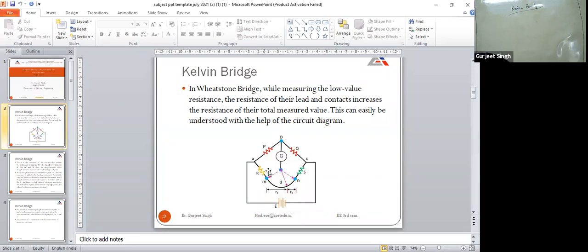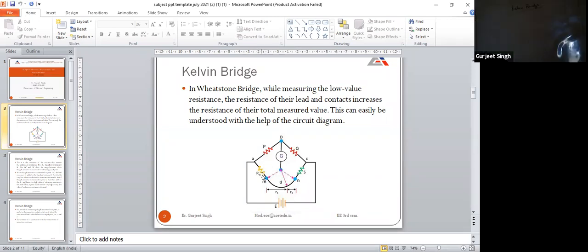Unknown resistance is capital R. We have to measure this R1 and R2 from the point M to D. So